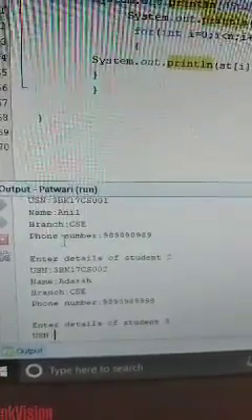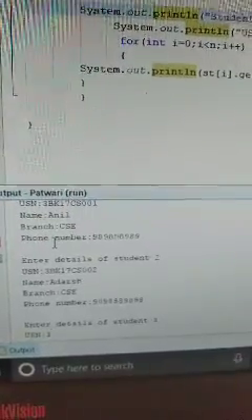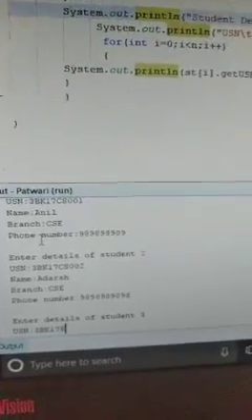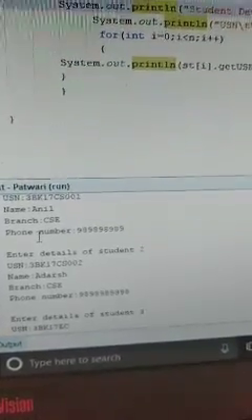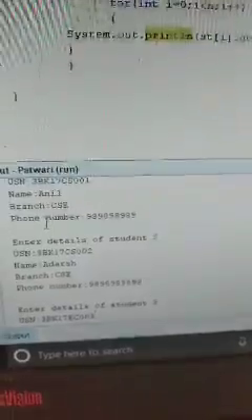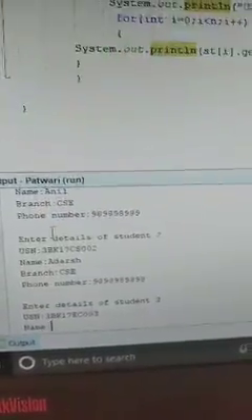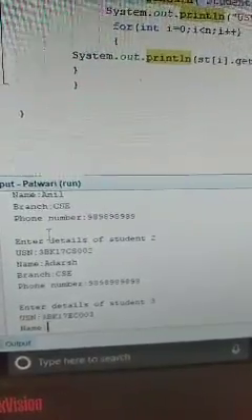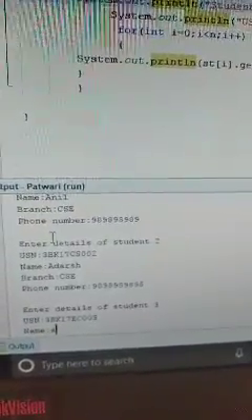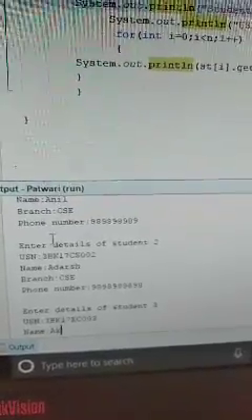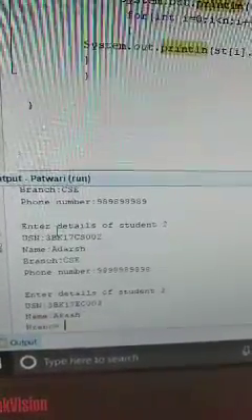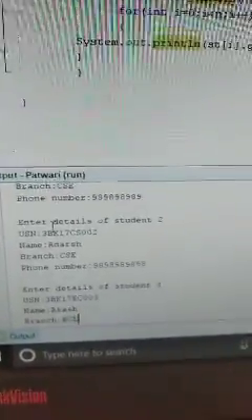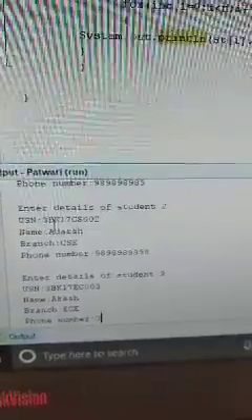Enter the details of student 3: 1BK17EC003, name, branch EC, phone number.